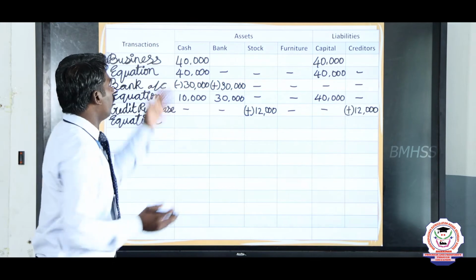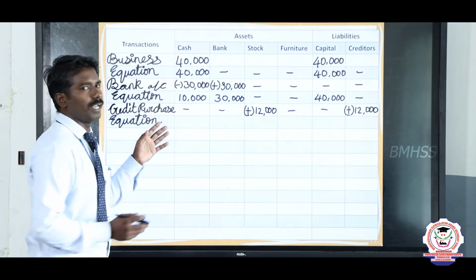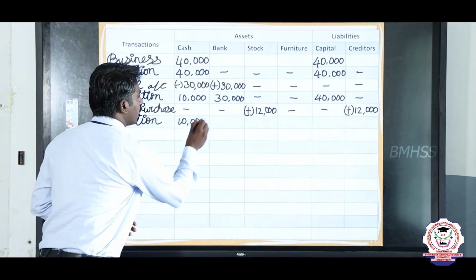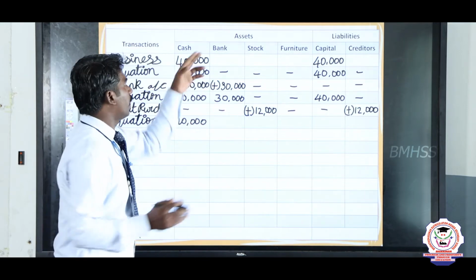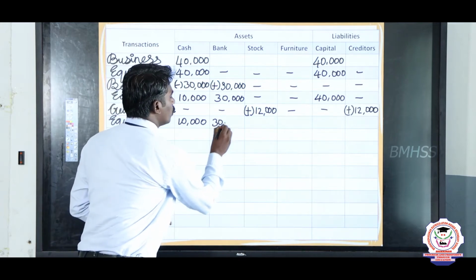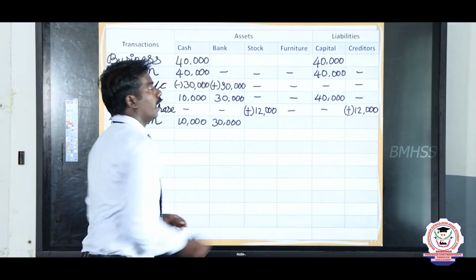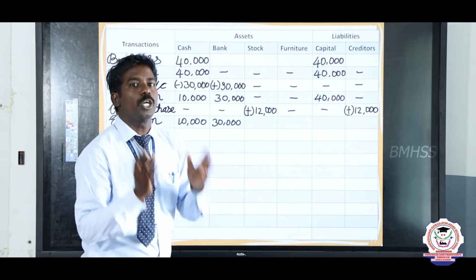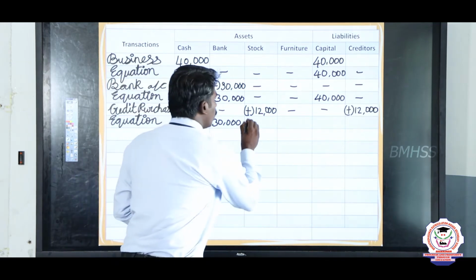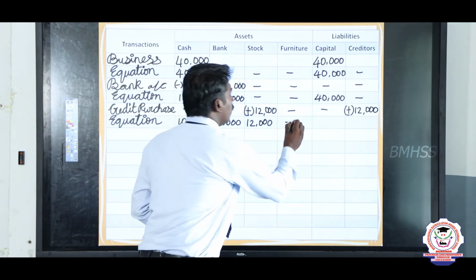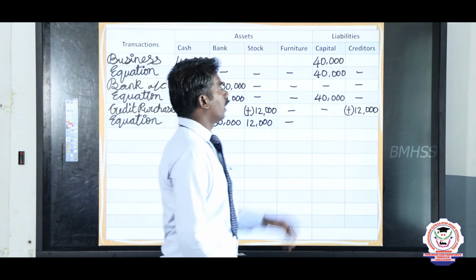See the total value of the cash column. The cash column is available only 10,000 rupees. So write 10,000 rupees in the cash column and see the total value of the bank column. The bank column has 30,000 rupees. So write 30,000 rupees and see the stock column. The stock column shows how much? 12,000 rupees. So write 12,000 rupees in the stock column and no amount in furniture, and move on to the